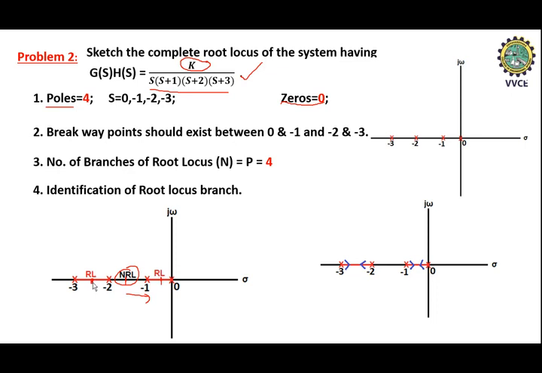If you consider a point that is -2.5, to the right side of this point, count the number of zeros and poles. There are 3 poles there. 3 is an odd number, so you can call this complete branch between these 2 poles a root locus. After this, if you consider a point here, there will be 4 poles on the real axis. So you can't consider the complete branch until infinity as a root locus. That is also a non-root locus.